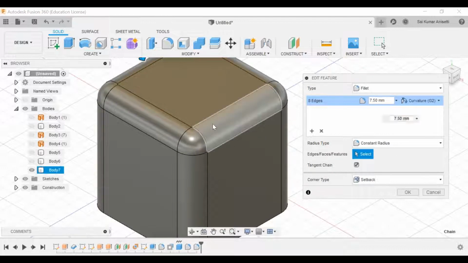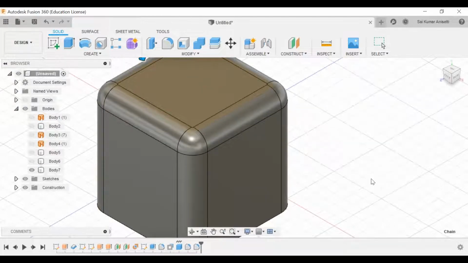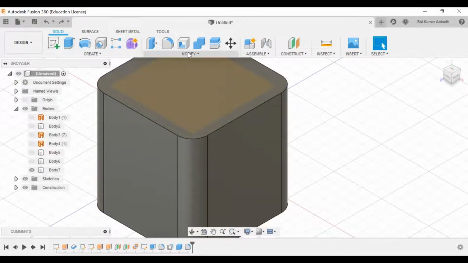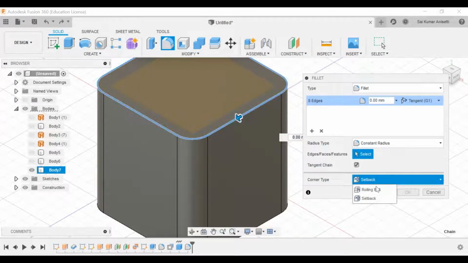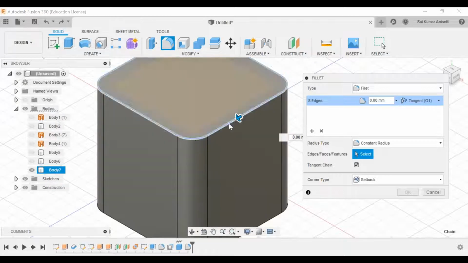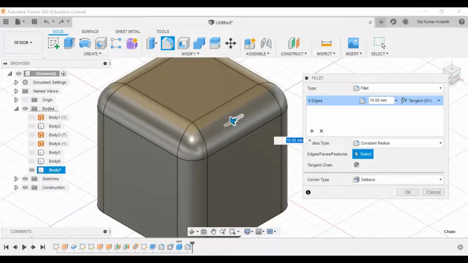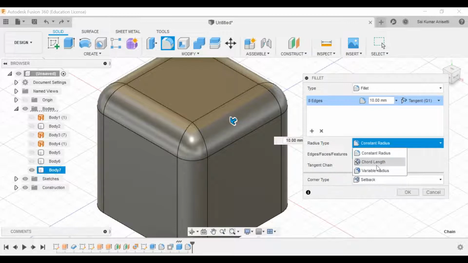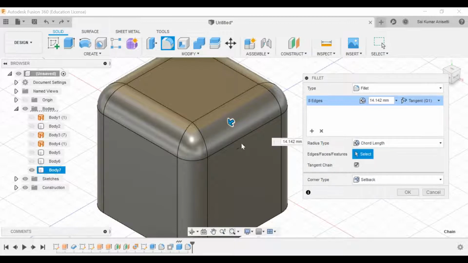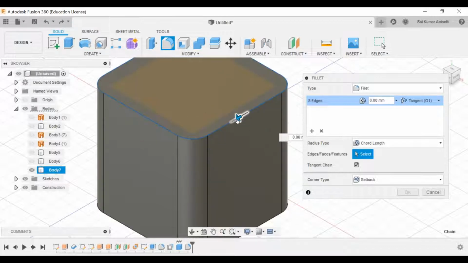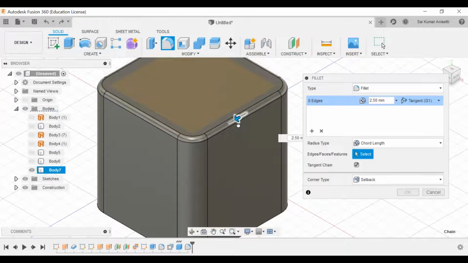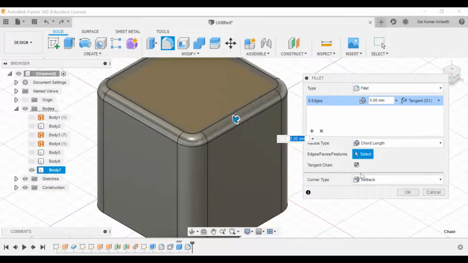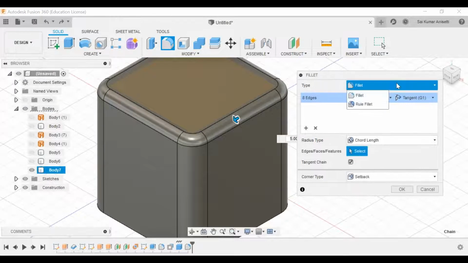Okay, curvature continuity. Go to that. Go to fillet.